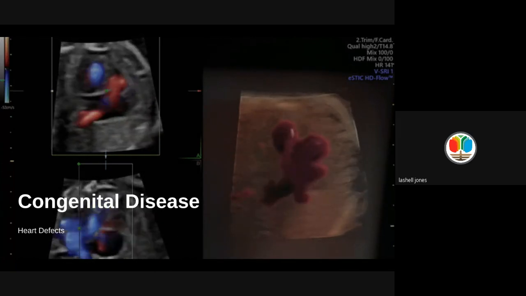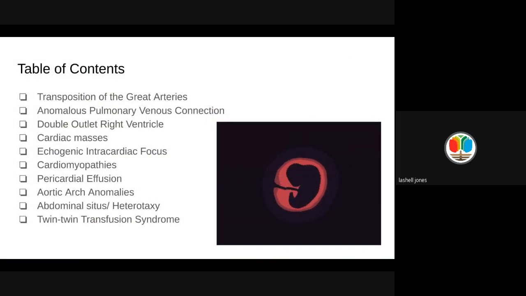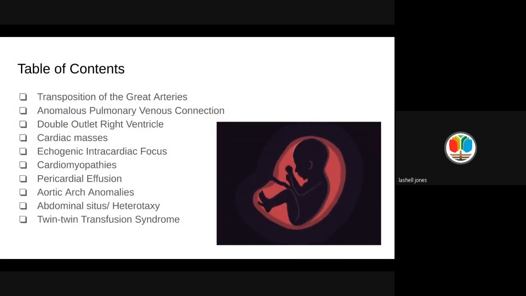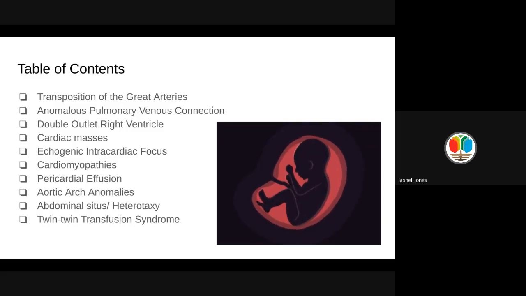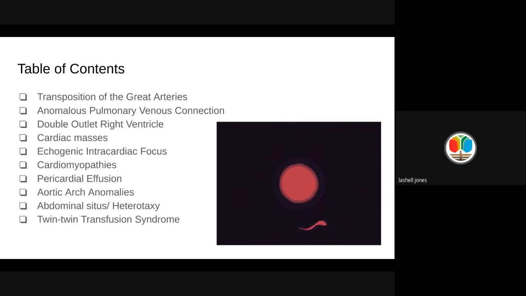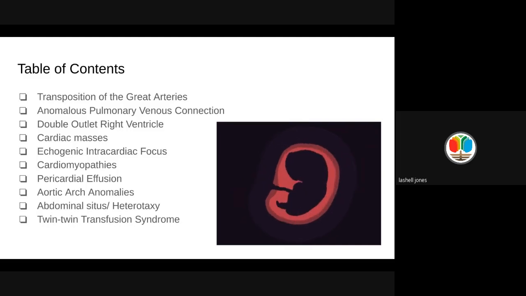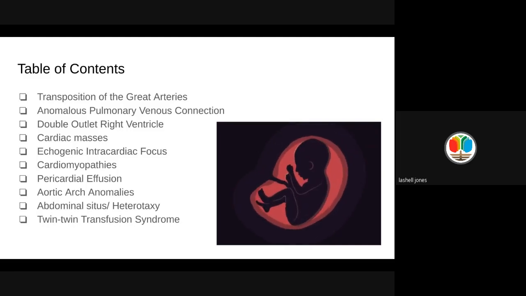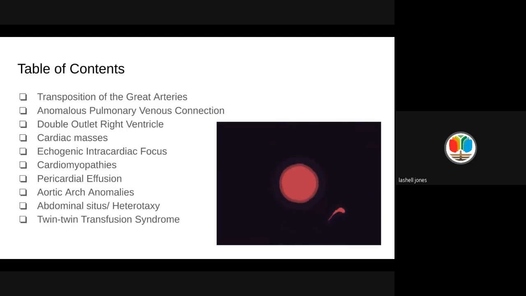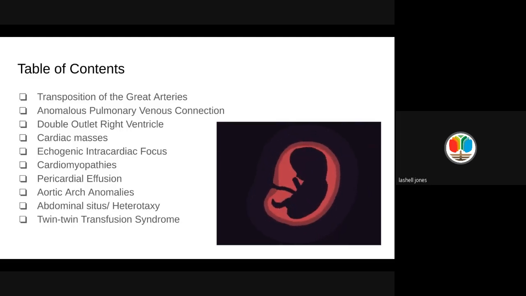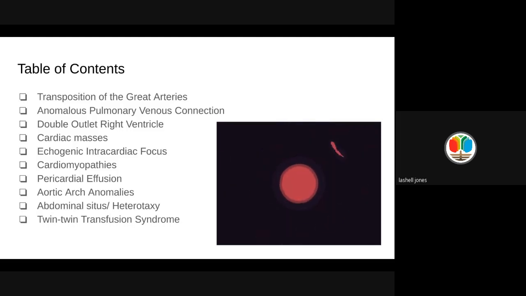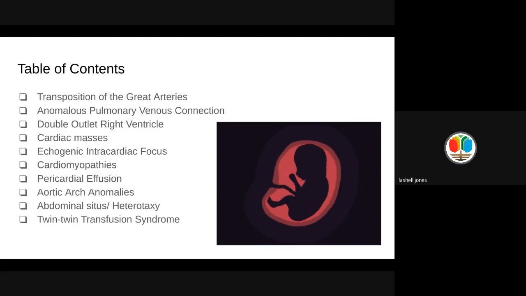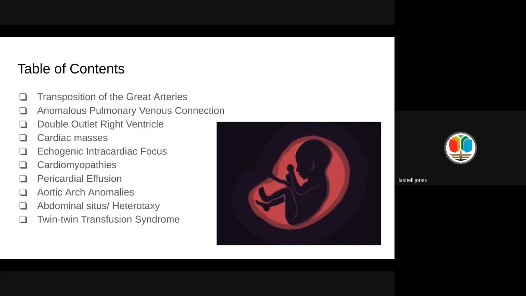Let's begin. With this lesson, we're going to talk about a few congenital heart defects, beginning with transposition of the great arteries and anomalous pulmonary venous connection. We'll go over double outlet right ventricle. We'll discuss cardiac masses and echogenic intracardiac focus. We'll definitely distinguish cardiomyopathies. We'll discuss pericardial effusion. All of the aortic arch anomalies we'll talk about, abdominal situs, heterotaxy, and then lastly, we will finish with twin-to-twin